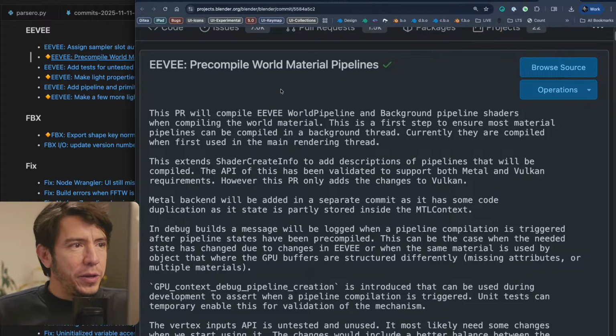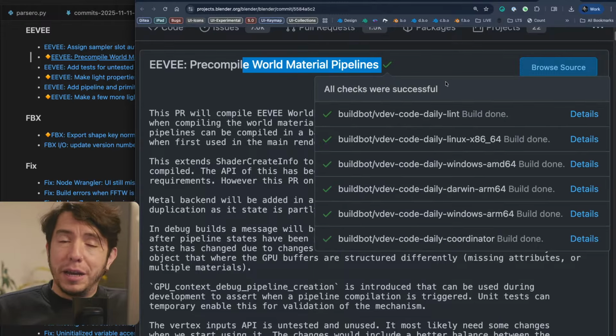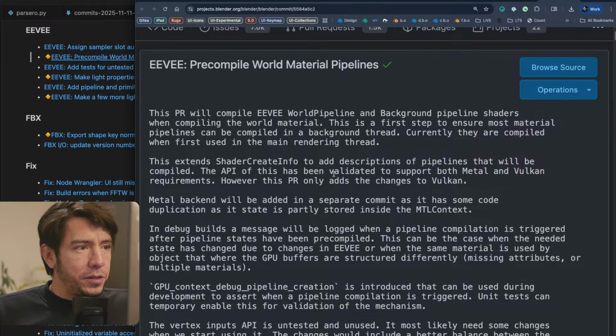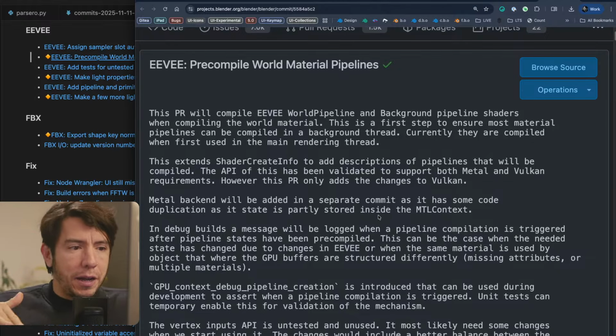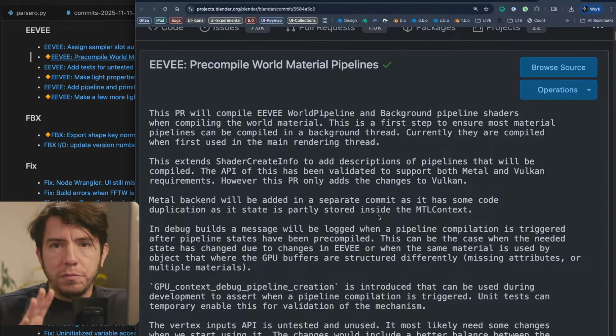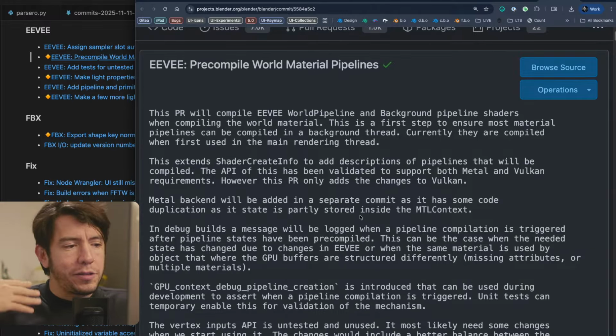In this case, this PR is related to pre-compiling world material pipelines, and in the future with some more changes, this will be used so Blender can run all this compilation of world and other shaders in the background without stopping you from working.